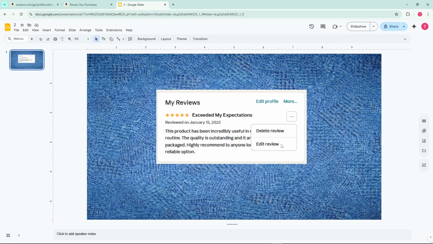On the other hand, if you've decided you want to remove the review entirely, click the three-dot icon again, and this time select Delete Review. Amazon will ask you to confirm this action with a pop-up message. Simply click Yes or Delete to permanently remove the review from the platform. Keep in mind that once deleted, the review cannot be recovered, so make sure this is what you want before